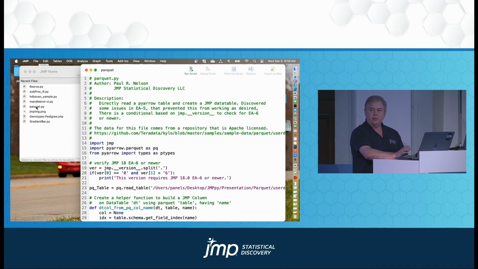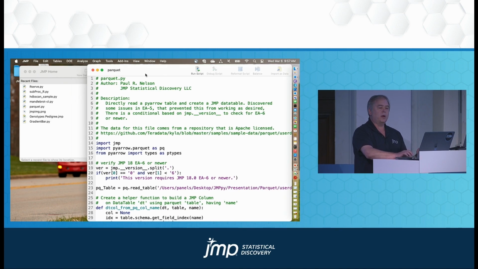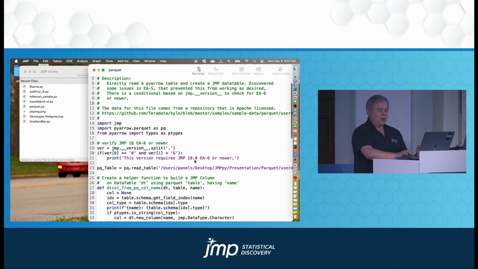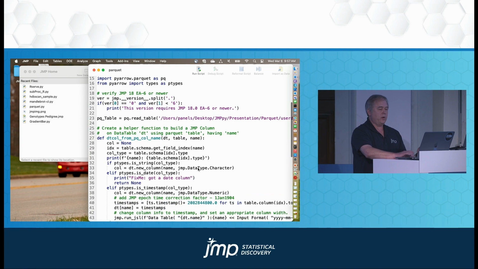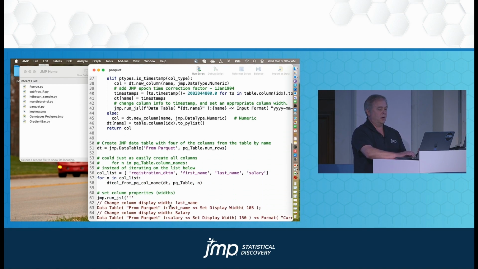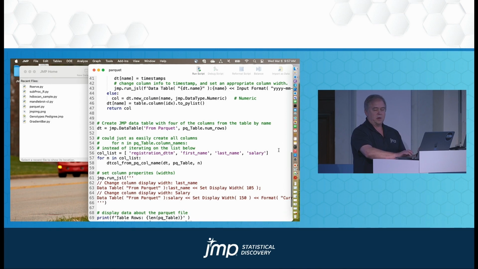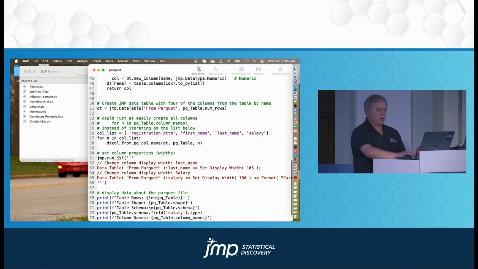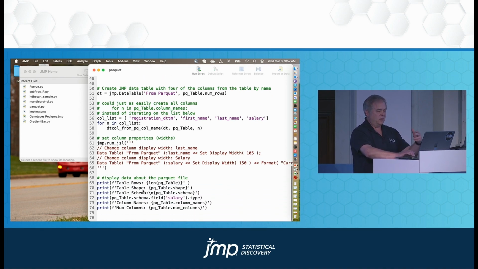JMP opens a lot of data file formats. One of the more frequently asked for is Parquet, which we haven't supported internally in JMP. But with the PyArrow package, you can load a Parquet file. And in JMP now, because you can access the data table live, we don't have to go through pandas. We can create our own little function that will take the schema from the Parquet column, build a JMP data table column, and then it's as simple as iterating through the columns that you want, adding them to the JMP data table. Again, using the run JSL to set some of the column formatting, and then some print statements